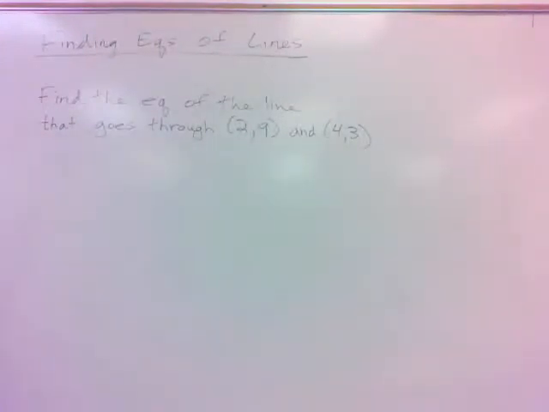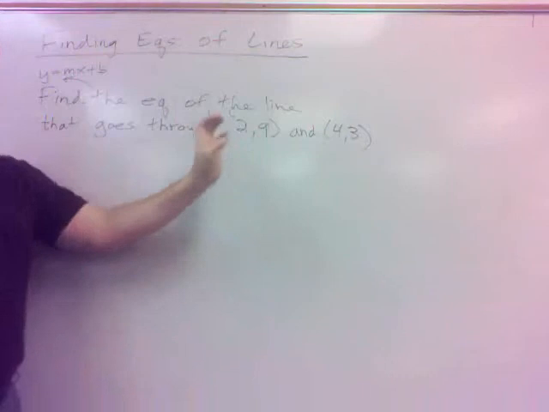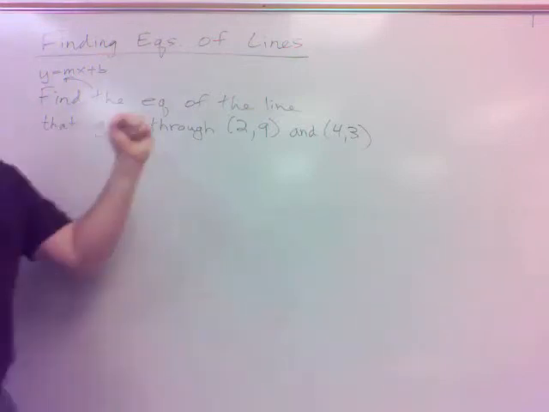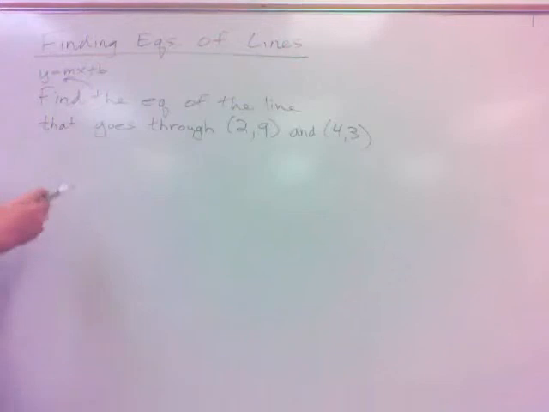Okay, so again the goal is y equals mx plus b. That's what I want to find. Find the equation of a line, and that's usually what I want, y equals mx plus b. However, I have a slight problem here because do I know m? No. Do I know b, or is it given in the equation? No. Neither one of these gives me the m, and neither gives me the b, the y-intercept. However, what can I do to remedy that? Yeah, I do have 2 points, so I'm first going to use the slope formula